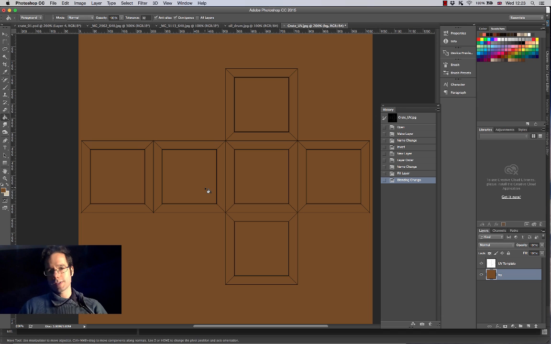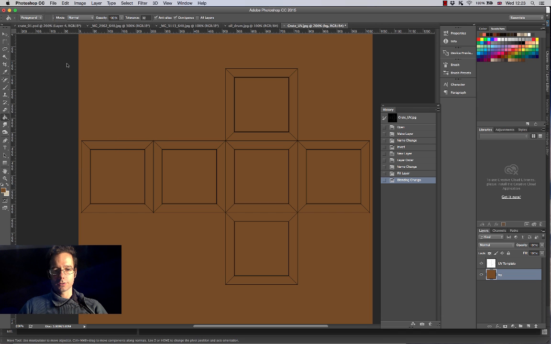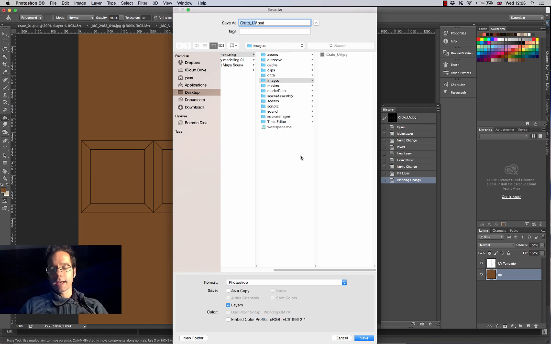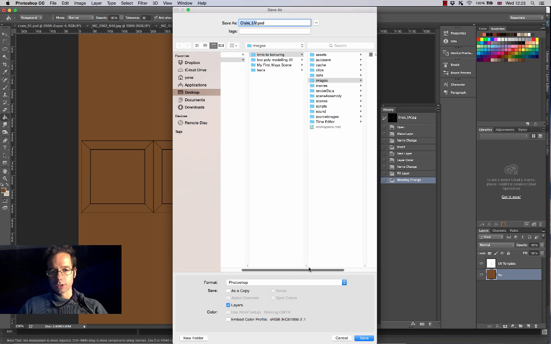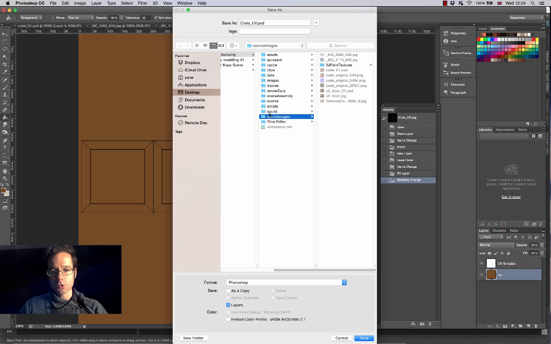So let's just do a quick test of that and actually connect these two files up. I'm going to save a new version of this, and I'm going to go to File, Save As, over here, and I'm going to call this one UVs per se. Let's have a look. Images. I want to make sure that I'm saving in my source images file inside of my project, because that's where my textures will go. So I'm going to go to Create, and I'm going to call this Photoshop